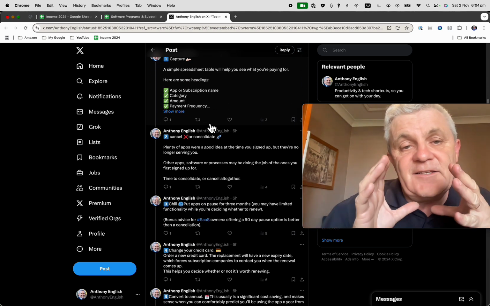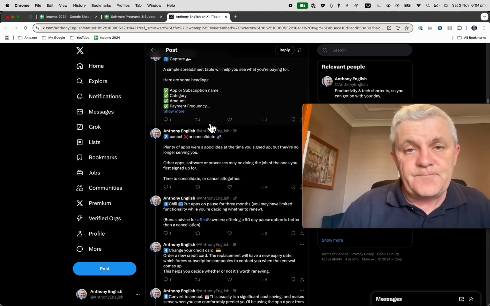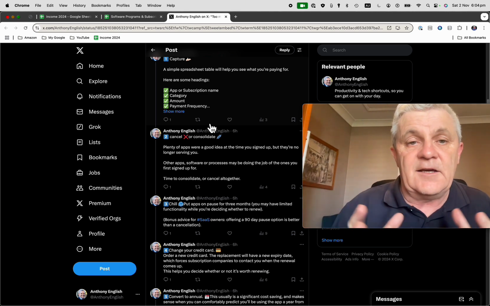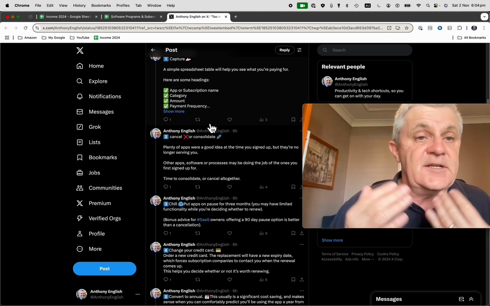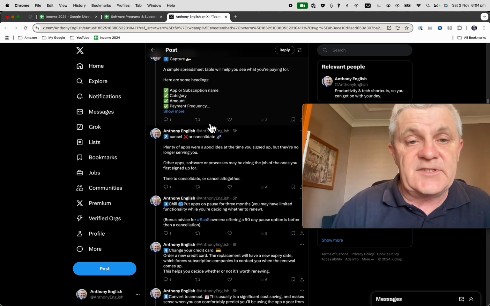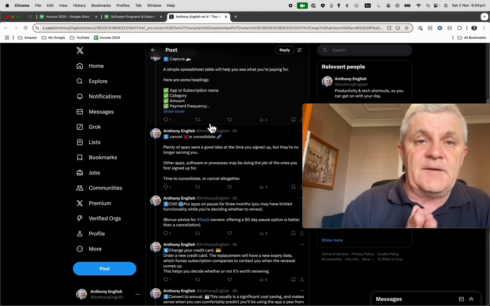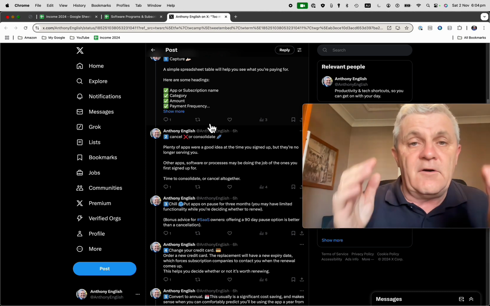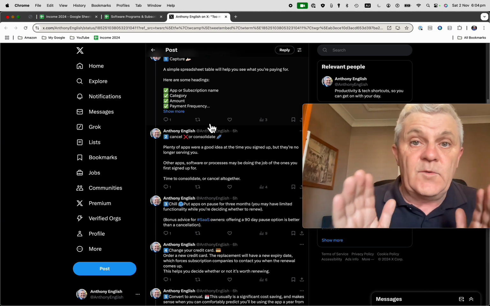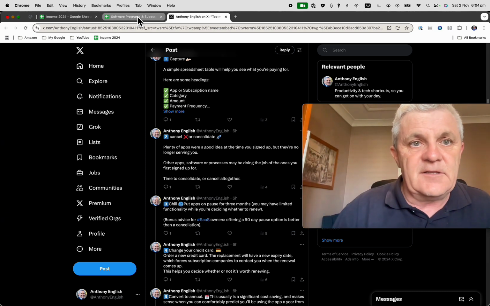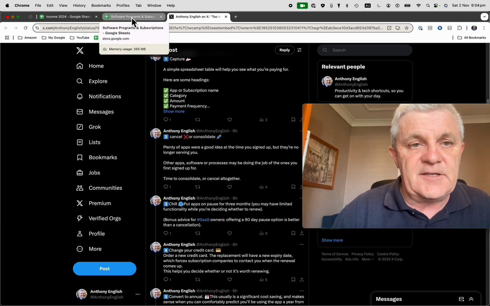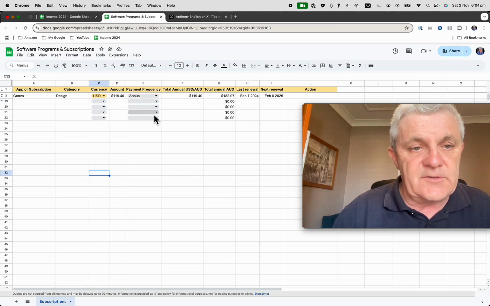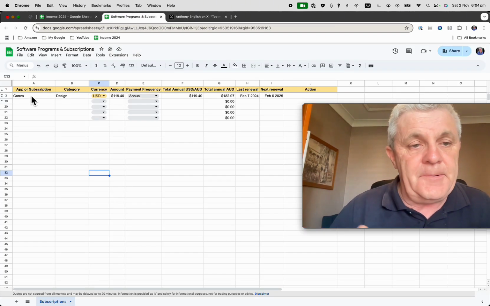Okay, so you have a simple spreadsheet. You can do it in any other document, a simple spreadsheet, maybe using Google Sheets. And you put in some headings here. And this is just going to be a dump of all of the apps that you are aware of. So let's go into this spreadsheet here. Simple in Google Sheets. What is the app?